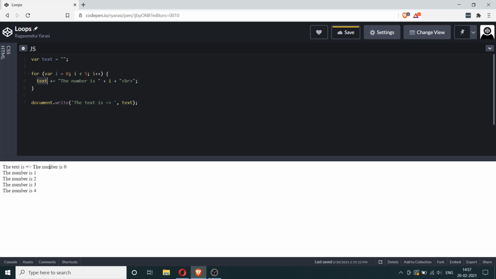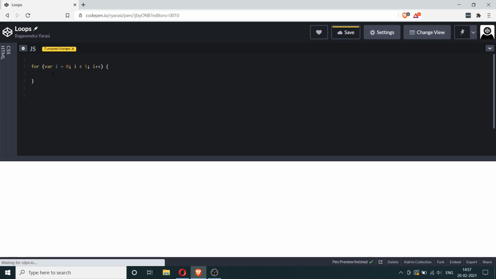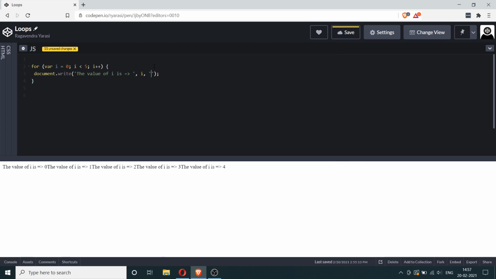So let's go through this loop step by step. What I'm going to do is remove all of this and start from the basics. Now I'm going to write document.write("The value of i is " + i). Okay, and I'm also going to add a line break so that it is readable. So you can see here the value of i is, first, 0. We're starting off with the value of i being 0, and the condition that ends the for loop is basically i < 5, and this is the statement that gets executed every time the loop is executed once.